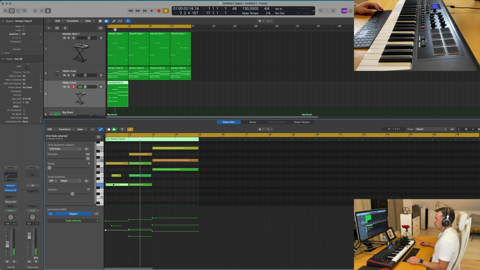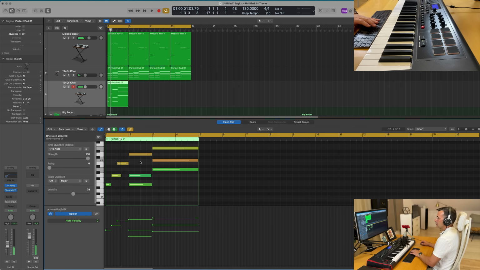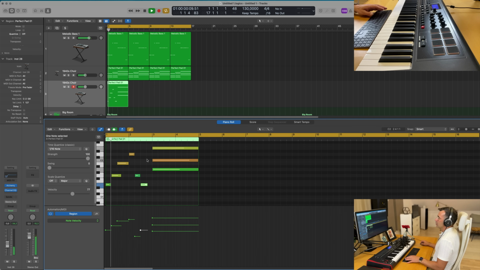It's not a given. So like I said, I will try to create a little kind of ARP sequence with the keys that I had here. And of course I will